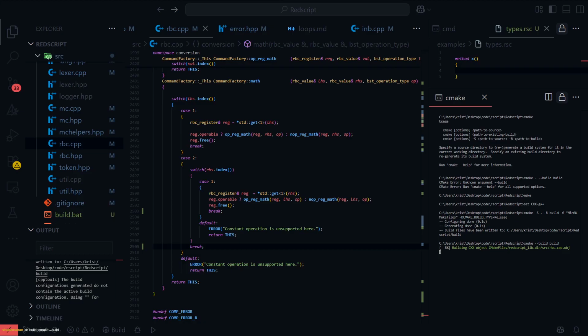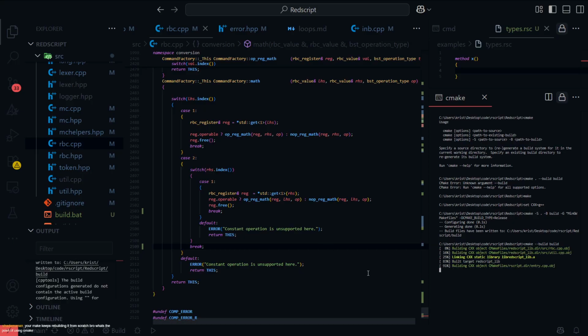Ah, I see. Okay. Well, yeah, I can just use the make command here. So, I will actually have to. Okay, so now I can do RScript.